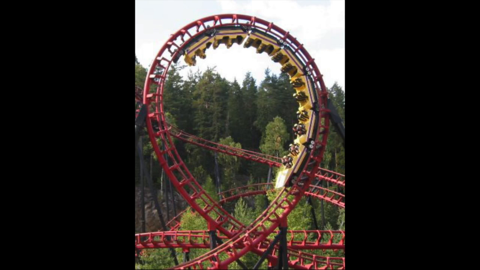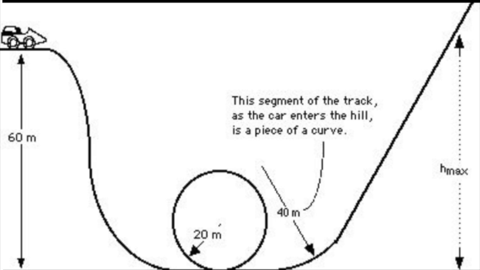For my physics project, I am doing an example on centripetal force on roller coasters to see how high it needs to be for it to go through a loop and not fall at the top of the loop. For the top of the hill, I put V1 equals 0, and what we are trying to find is H1, which is the height. For the top of the loop, we are trying to find V2,